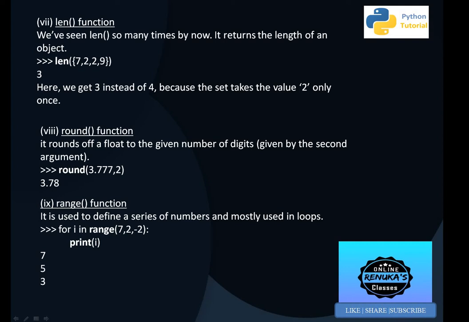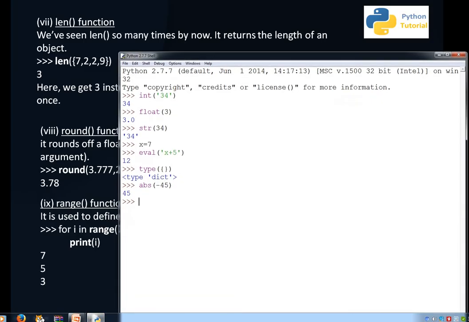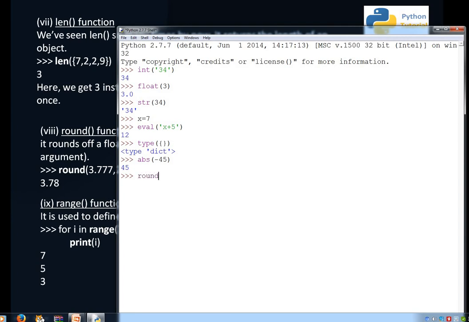The round function gives us the rounded value of a float number according to the digits mentioned as a second argument. We can discuss round on the Python prompt. If we mention round of 34.5 with no second argument, it will return 35, because it removes the decimal part, and since the decimal part is 5 or greater, it gives a carry to the previous digit, so that is 35.